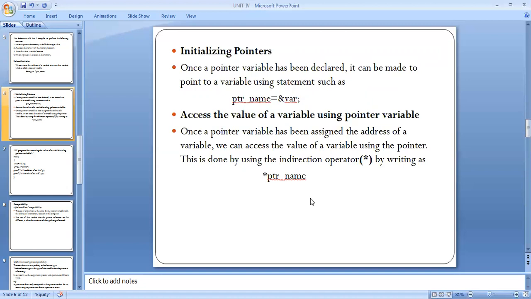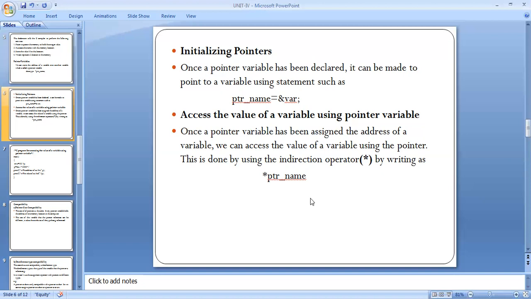Accessing the value of a variable using a pointer variable. Once a pointer variable has been assigned the address of a variable, we can access the value of the variable using the pointer.